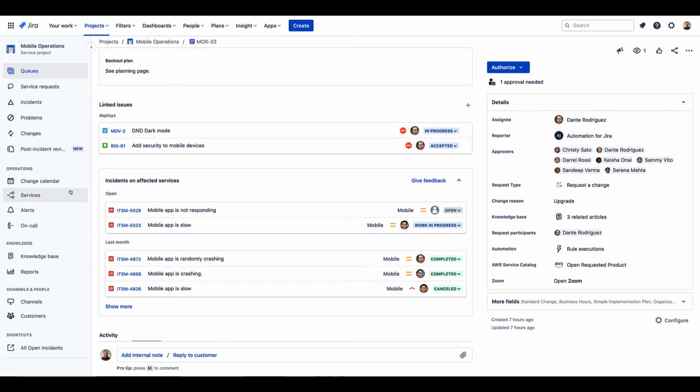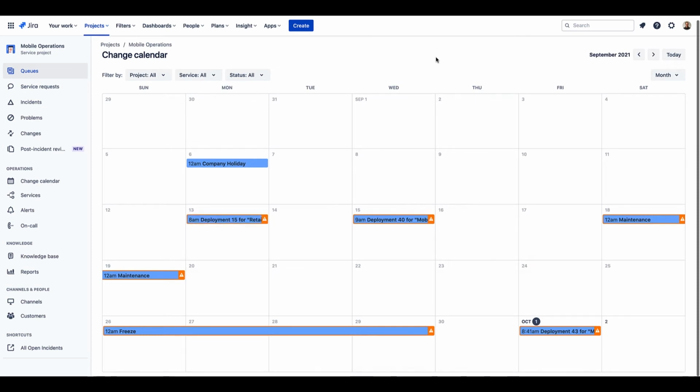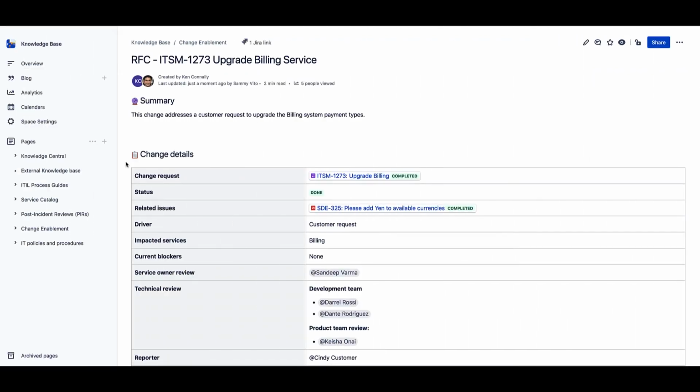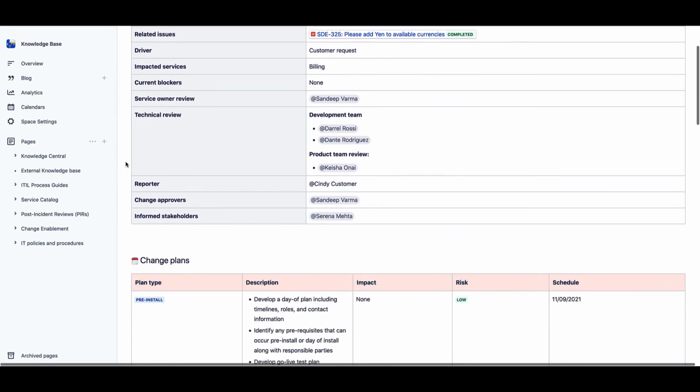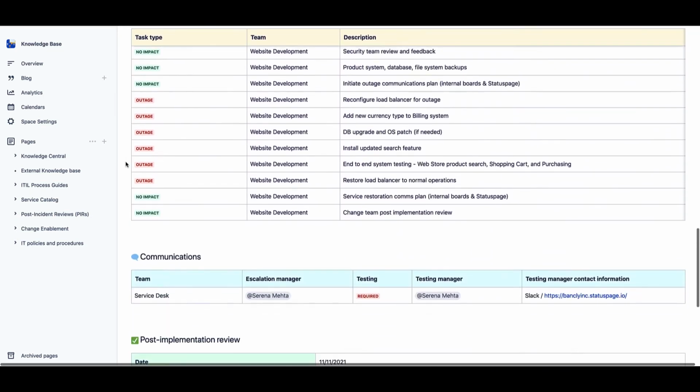A change calendar to aid in planning your change and avoiding any change collisions that also gives you real-time context into any incidents occurring on the service in question. And change plan templates, powered by Confluence, where all relevant parties can collaborate in real time, thus increasing the efficiency